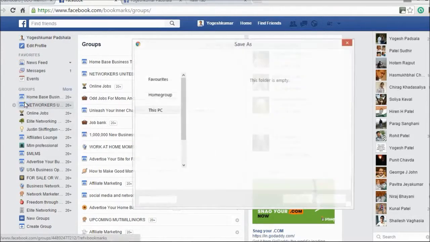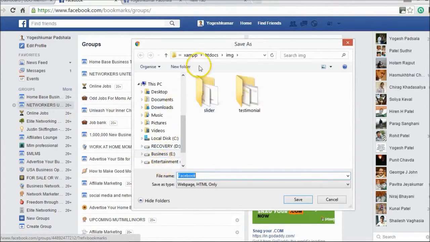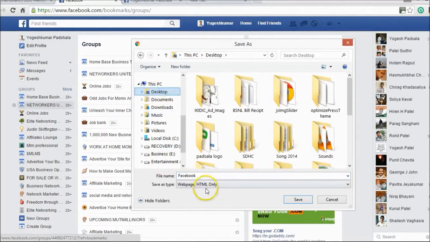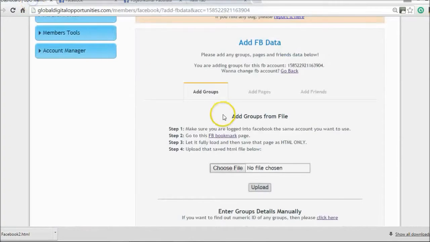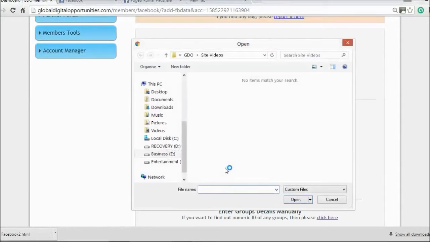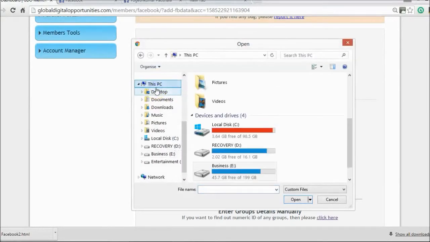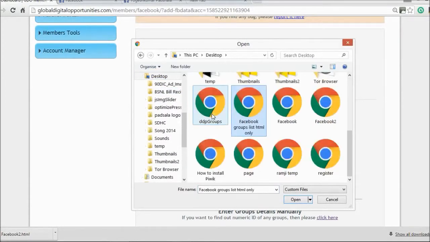And you have to save it as HTML only. So let's say, for example, I'm saving on the desktop, and not this one, but we want HTML web page, HTML only, and then save. Facebook 2. Okay, save. Once you have saved that file, then go back to the page that we were on, and then step 4 is choose upload desktop, and then go to Facebook 2,